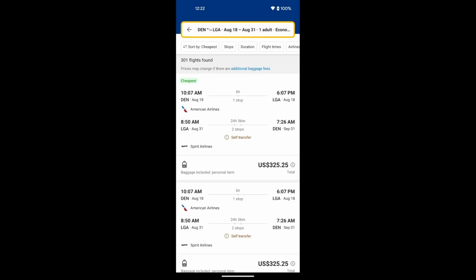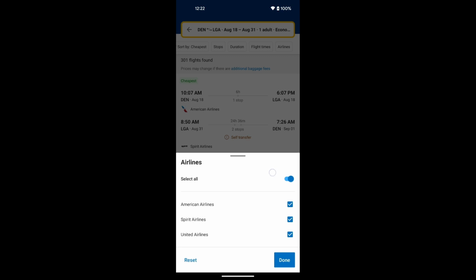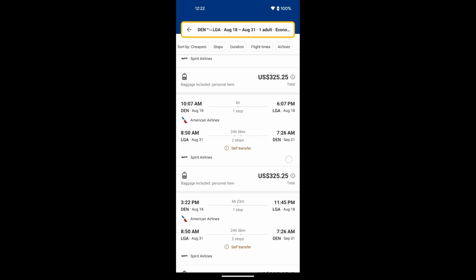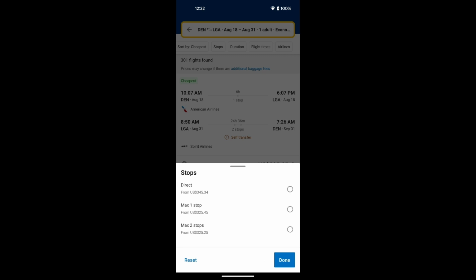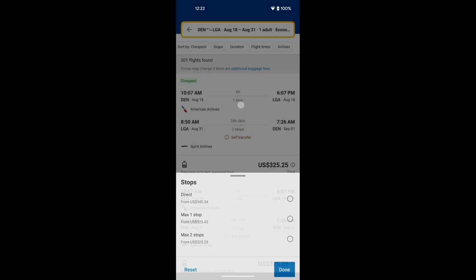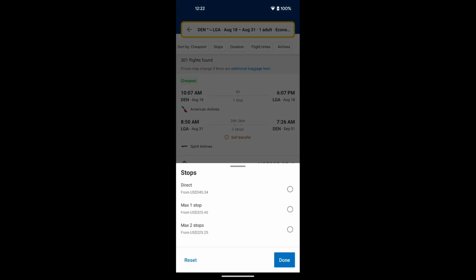You can also choose a specific airline if you only want one specific airline. See, for example, these flights have 2 different airlines if you want. Or, if you want a non-stop flight, you can choose direct under stops to make it a non-stop flight.